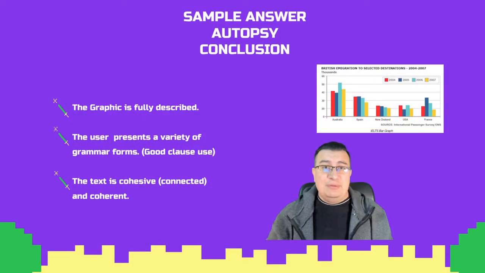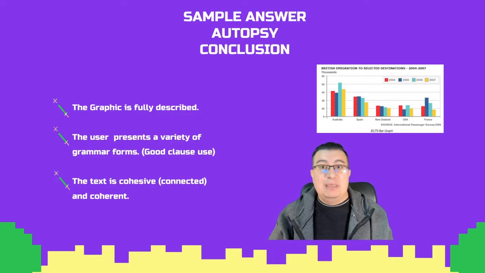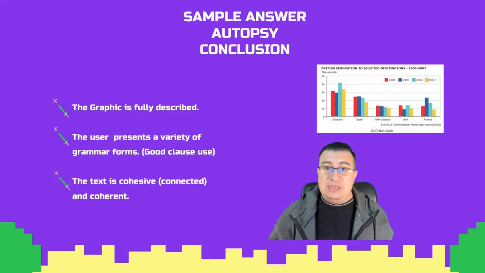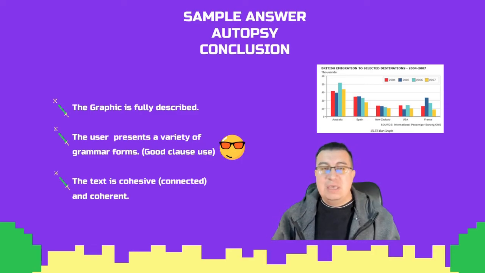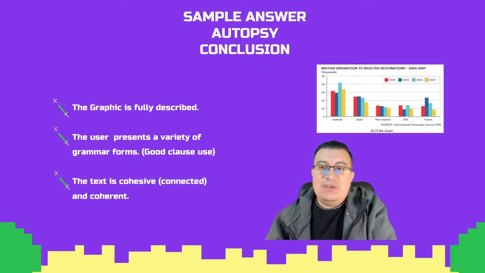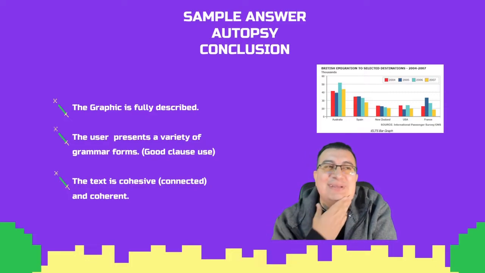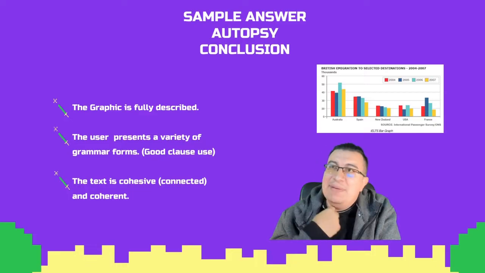From that sample, is the graphic fully described? Well, checked. The user presents a variety of grammar forms. Well, yeah, mostly checked. The text is cohesive and connected, and is coherent. Yeah, checked. Great, you win. But you know what? Let's look at another example. Same exercise, different answer. But